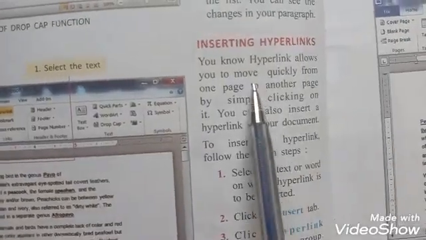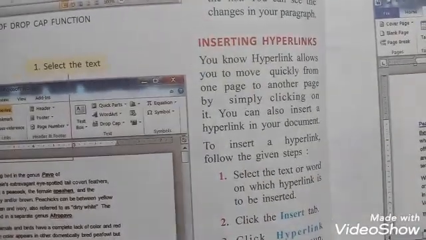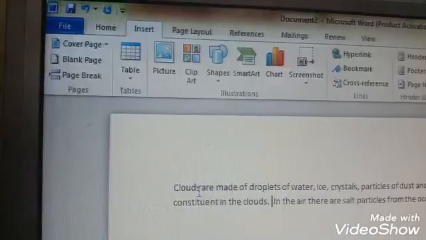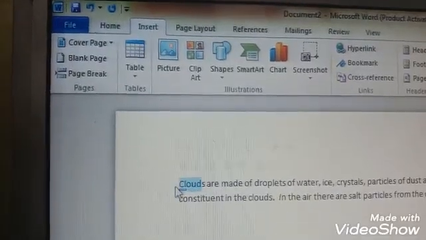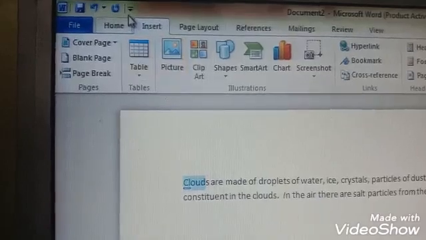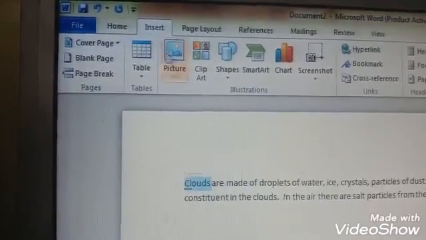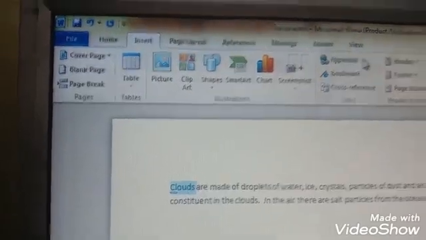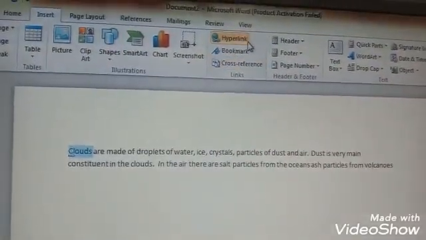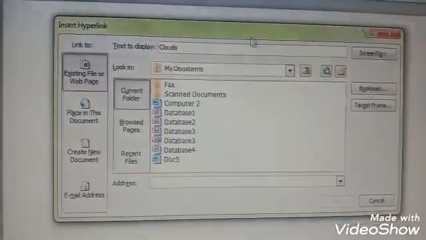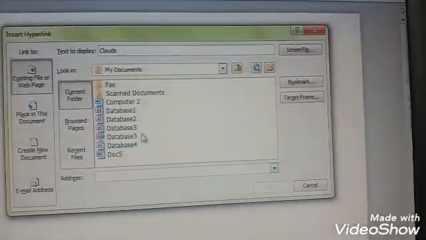Now we are going to perform practically how we can insert a hyperlink in our document. Select the text or word on which you want to insert the hyperlink. After selecting the text, click the Insert tab. From the Links group, click Hyperlink. This page will appear on your computer screen.